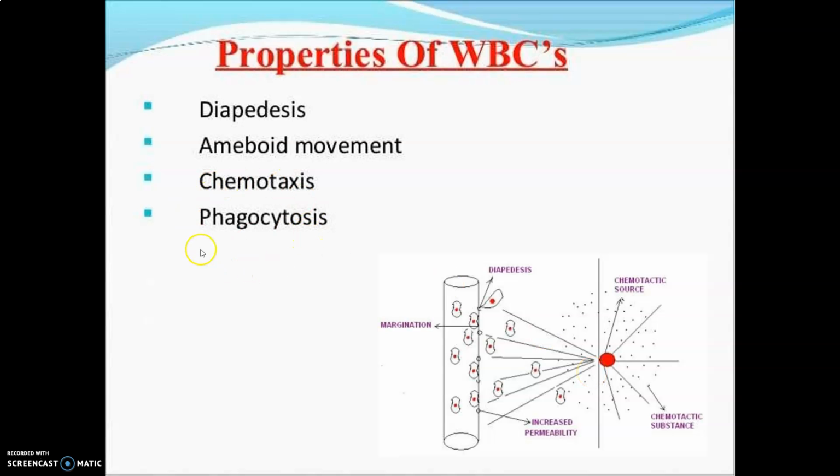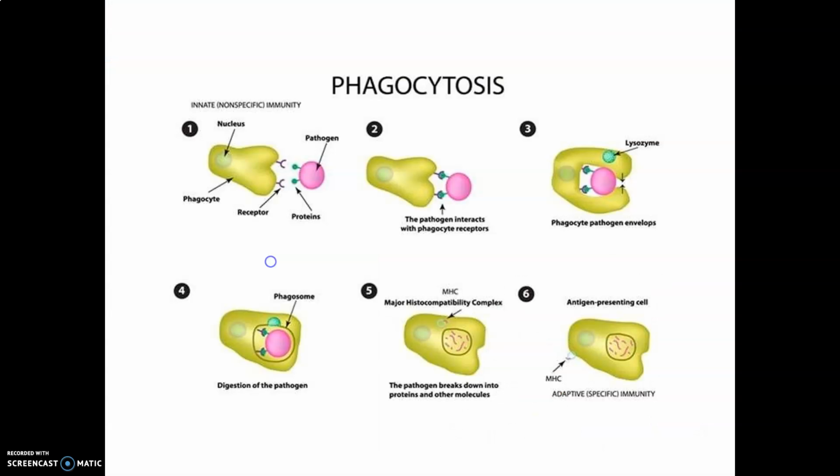Now they also show the property of phagocytosis. Let's talk about phagocytosis. Here we have shown the phagocytosis by a WBC in which they are attached to a pathogen with the help of specific receptors present on their surface, and then they engulf the pathogen by forming an envelope around the pathogen. Now, once the pathogen enters inside the leukocyte, it can be broken down by the action of various